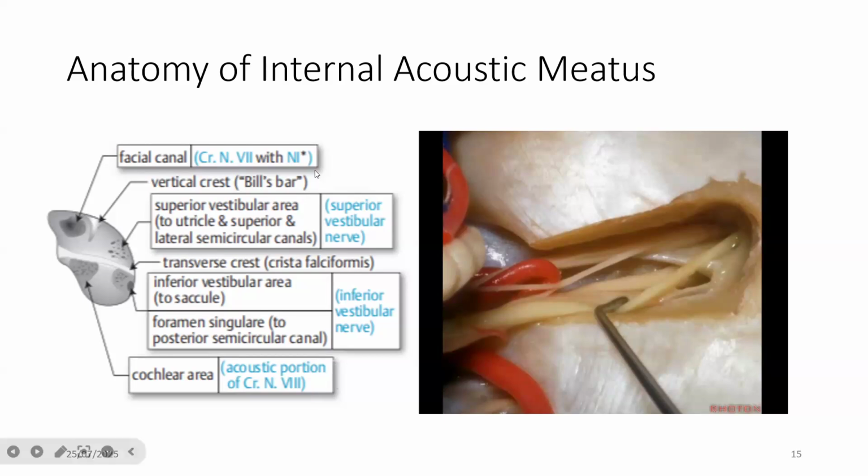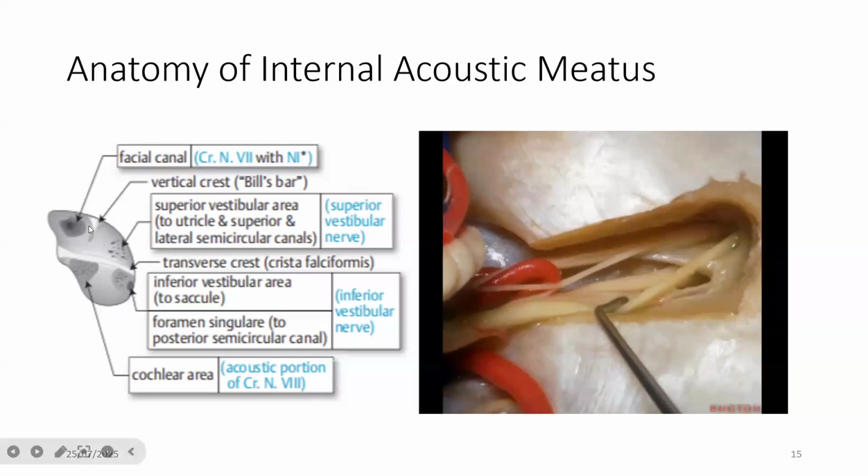So this is divided into 4 quadrants: the anterior superior quadrant, posterior superior quadrant, anterior inferior quadrant, and posterior inferior quadrant. In the anterior superior quadrant we have the facial nerve passing through it, and posteriorly, that's posterior superiorly, you have the superior vestibular nerve passing through that,